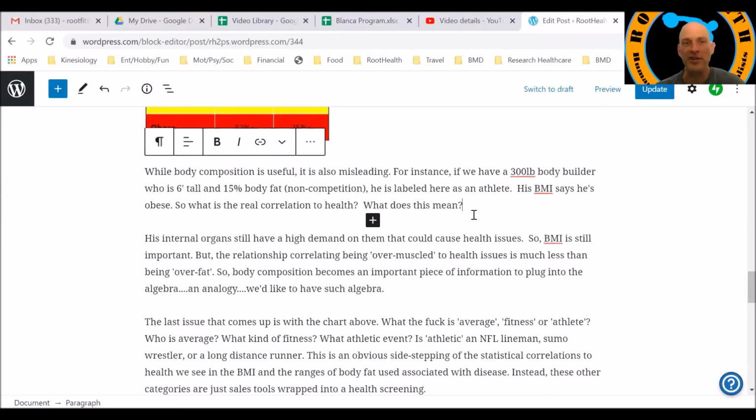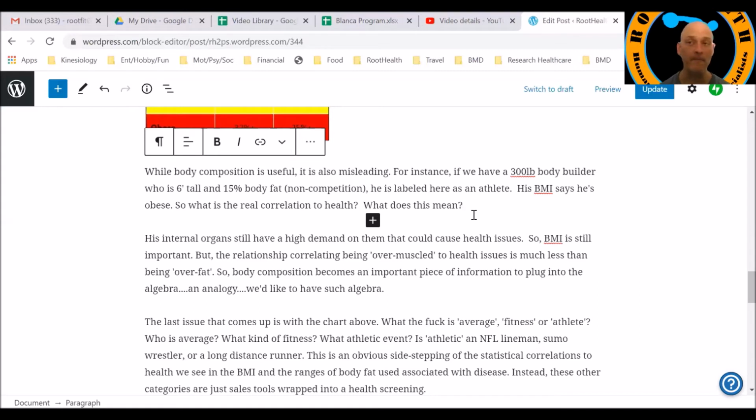So what's the real correlation to health? Is it body fat or is it BMI? And what does this mean? Well, we have to consider that his internal organs still have a high demand on them that could cause health issues. So BMI is still important. So labeling him as obese, even though his BMI is high and his body fat is low, is still accurate, because the relationship correlating with being over muscled to having health issues is less than being